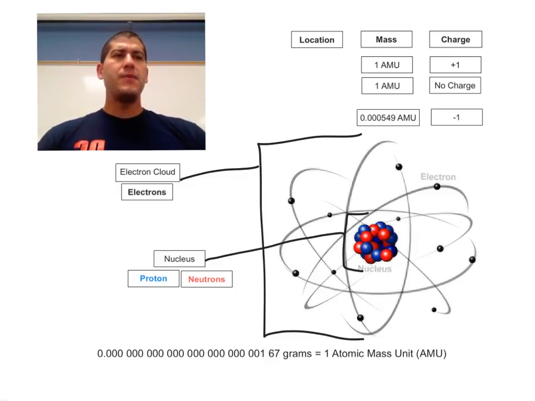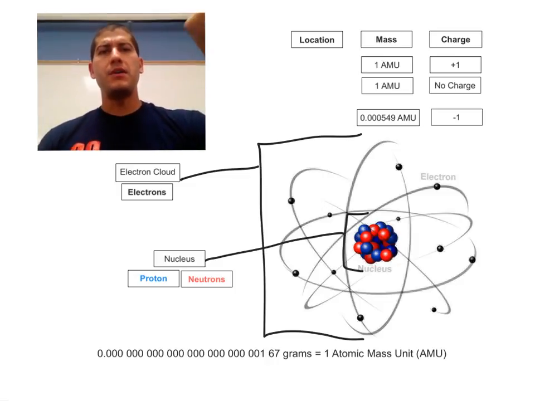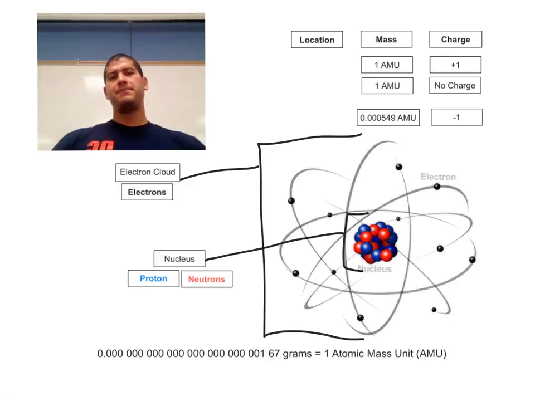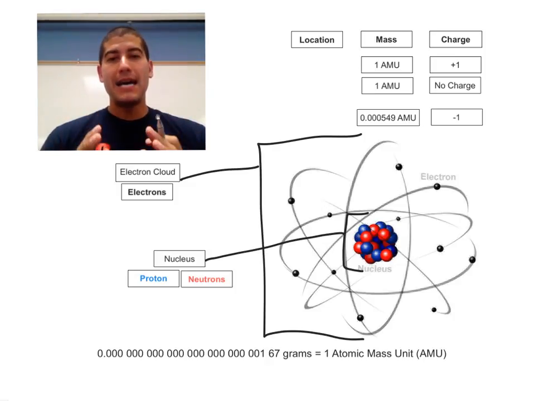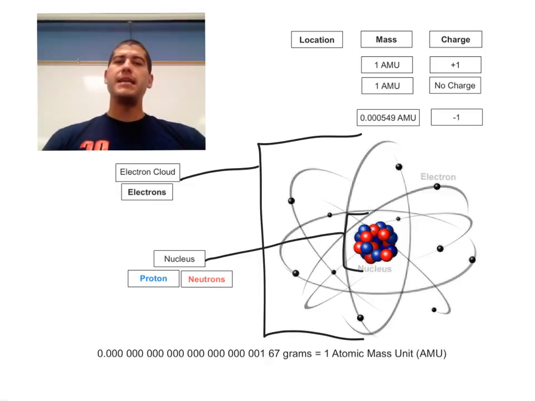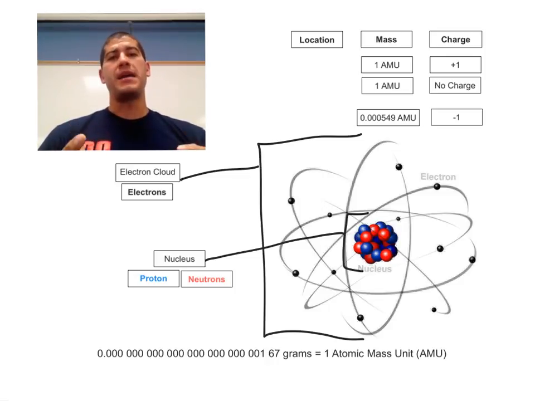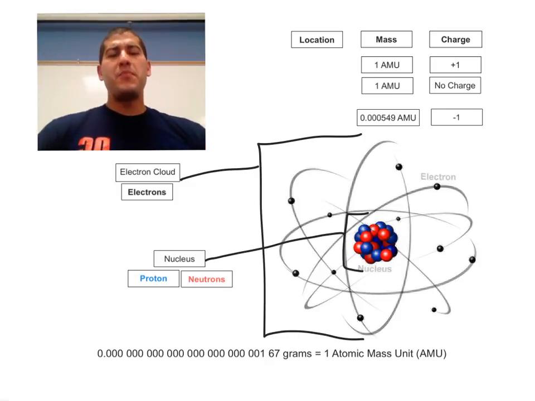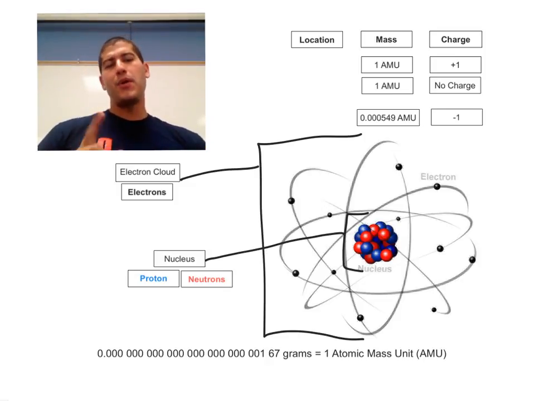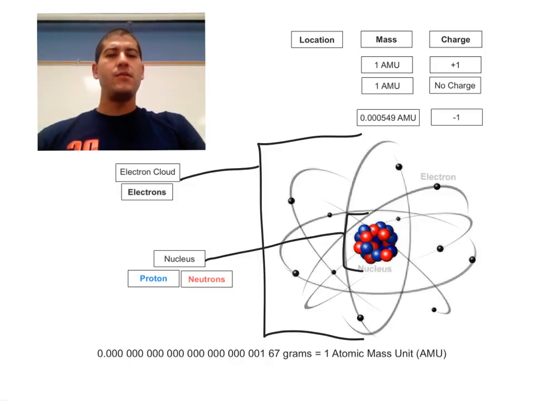The second way that we can talk about these subatomic particles is according to their mass. But bear in mind we're talking about tiny things. And so it doesn't make any sense to measure their weight using units like pounds or kilograms or grams. When we do, it gets a little bit silly. For example, the mass of one proton is